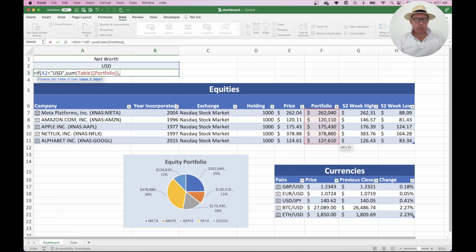Well, if it's not, then we need to say, is it? So if, open the parentheses, the same cell, if A2 is equal to, in inverted commas, GBP, close inverted commas and comma, then we need to sum up again the same portfolio, but this time we also need to divide it by the dollar or the pound dollar exchange rate, and that will convert it into pounds. So we close that with a parenthesis,